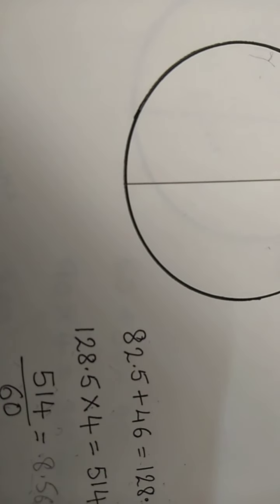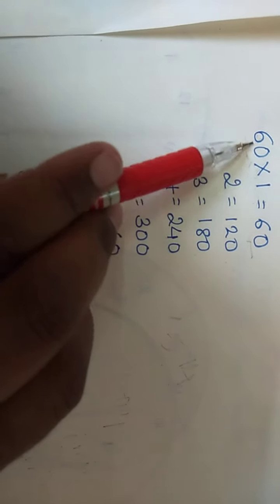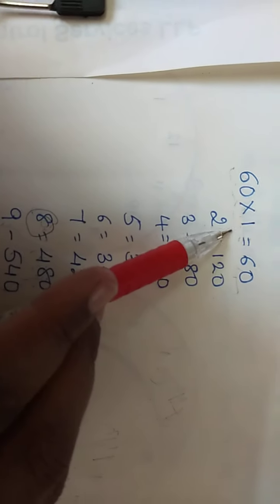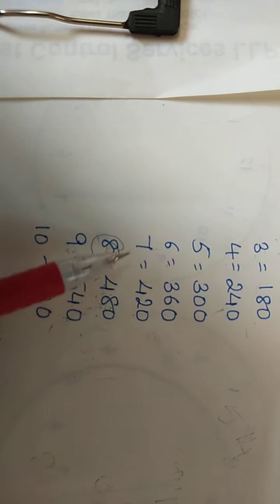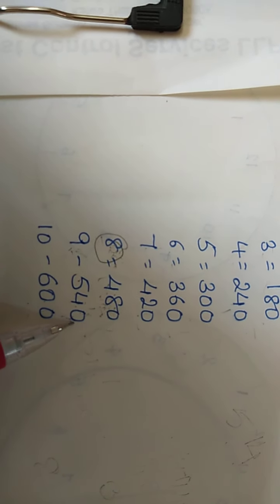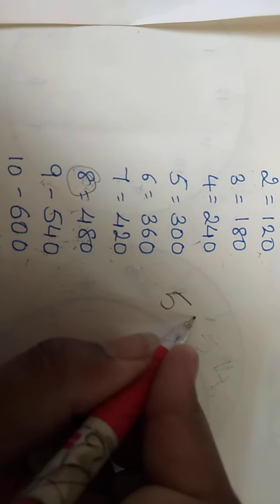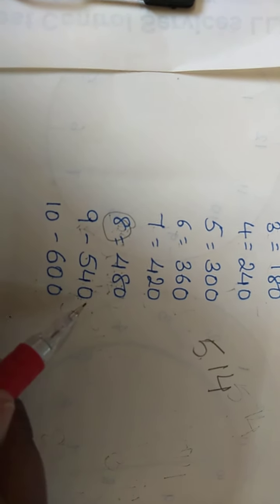Now here there is one more trick to find the exact time in minutes. I'll show you. Here I've written a table of 60, because 1 hour is 60 minutes. So here are the hours and here are the minutes. So 1 hour 60, 2 hours 120, 180, 240, 300, 6 is 360, 7 is 420, 8 is 480, 9 is 540. Now I have circled this 8. What minutes we got here is 514 minutes. Now this 514 lies between 480 and 540. It is not exceeding 540.